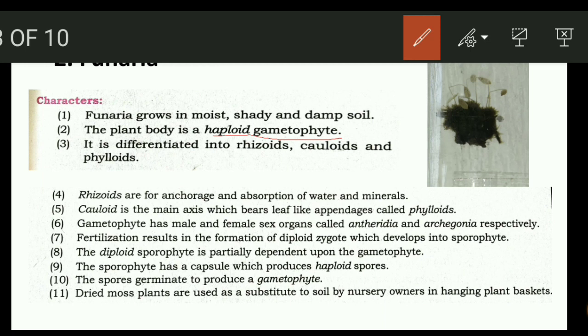Similarly, you will also come across a term called a sporophyte. So a sporophyte is a plant body which is entirely made up of diploid cells. Okay, so a plant body made up of haploid cells we will call haploid gametophyte. A whole body made up of diploid cells we will call diploid sporophyte. Okay, now